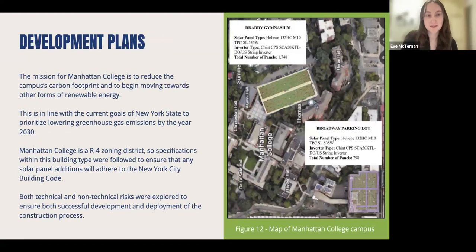So diving into the development plan portion of the project, our overall goal was to reduce the campus's carbon footprint. This is also in line with the goals of New York State in terms of the Climate Act. The Climate Act requires that greenhouse gas emissions be reduced by 40% by the year 2030 from the levels that were recorded in 1990. So by creating and designing a solar PV system for the campus, we're also following along with the objectives of